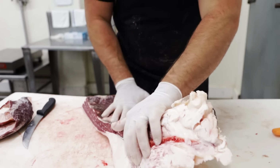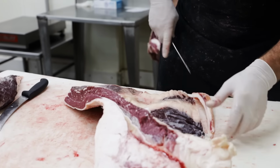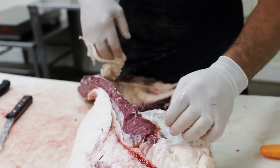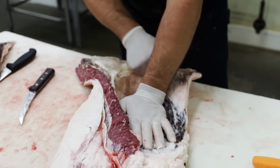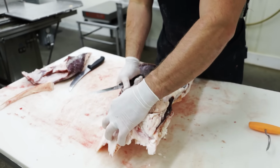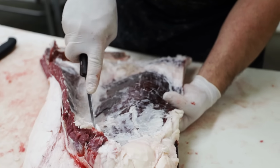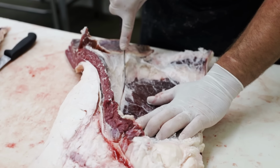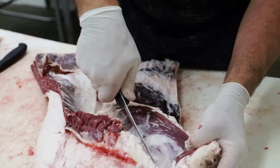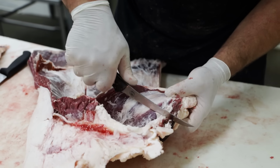This is your flank steak. Cutting through the membrane. I'll show you how to pull that out. You can see that it's starting to take shape. If you take your knife and cut right along this seam and then just start pulling that flank steak out, using your knife here again, just to help when needed, you can pull this entire flank out